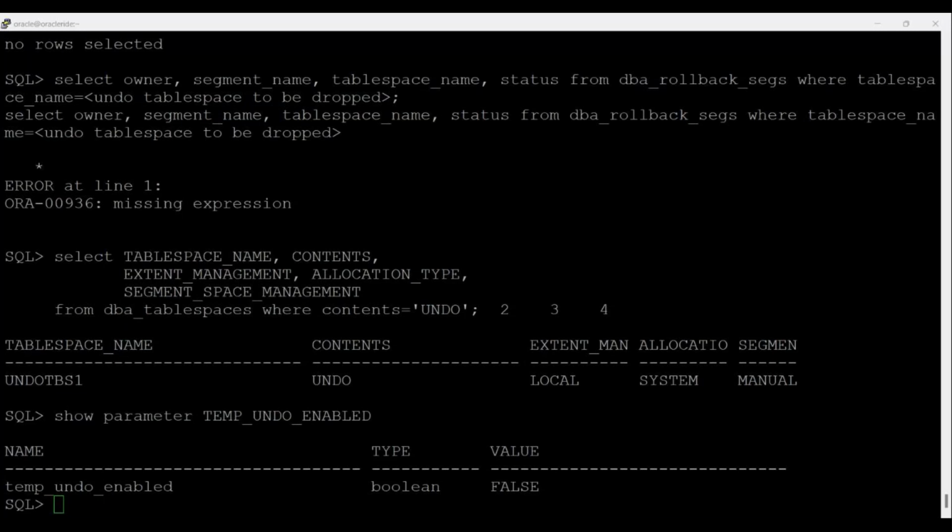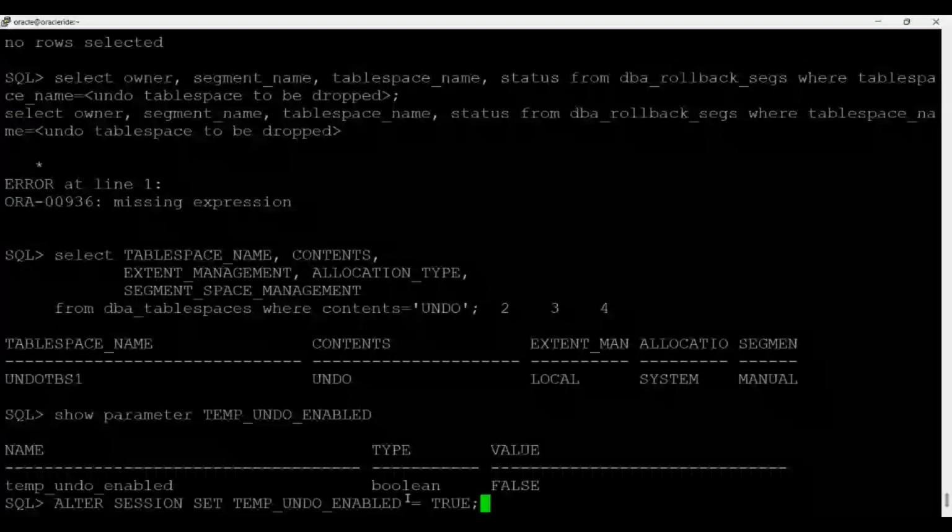This parameter was introduced in 12c and higher. So you can set alter session also. See, we did that alter session,